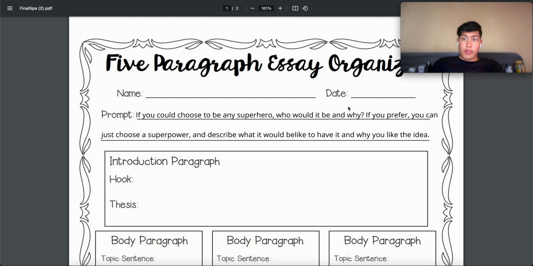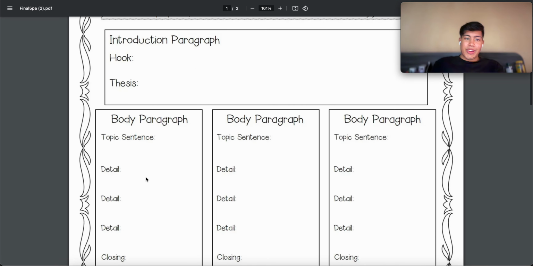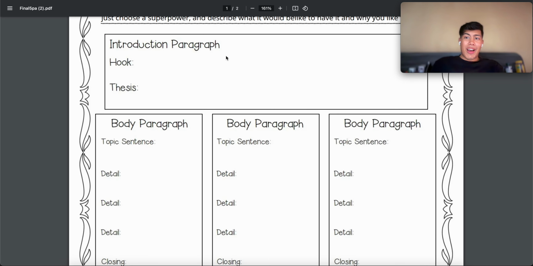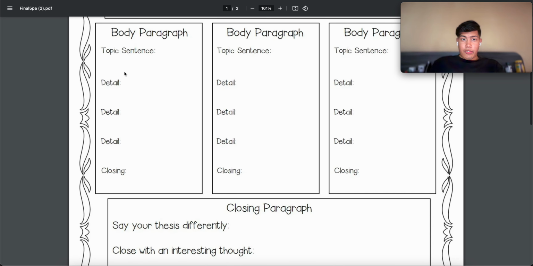I hope that everyone understood. And the main thing is write. I want everyone to write, write, write. There should be a minimum of 5 sentences for every paragraph, essentially. Introduction paragraph, body paragraph 2, body paragraph 3, and closing paragraph. That means a minimum of 25 sentences. Realistically, there should be around 35 to 40 sentences.